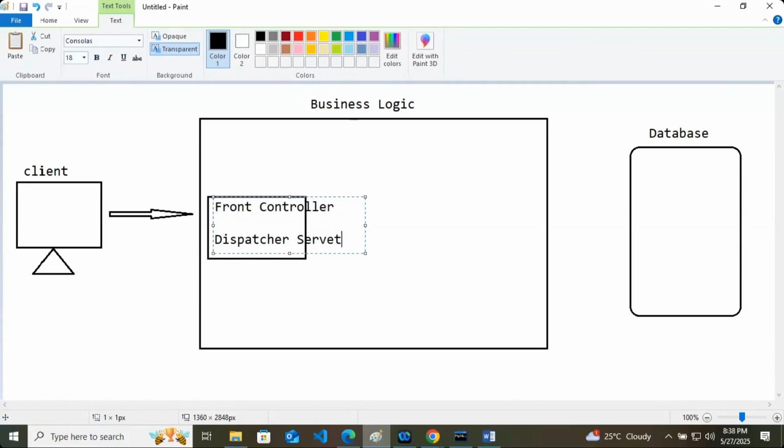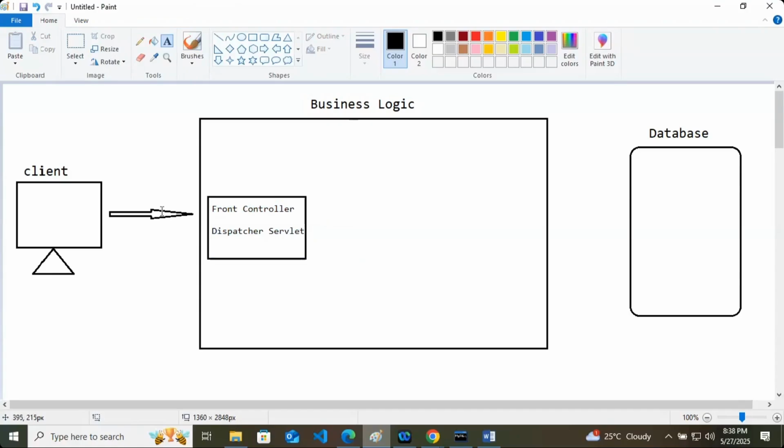There are two names for the same thing, front controller or dispatcher servlet. Then after, this front controller will forward that request to someone whose name is handler mapping.